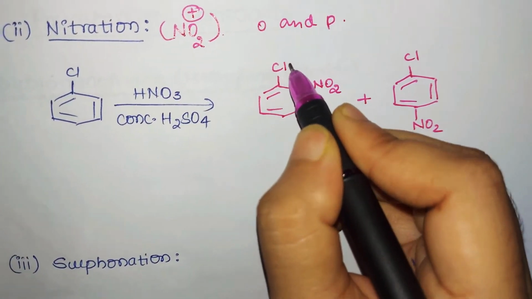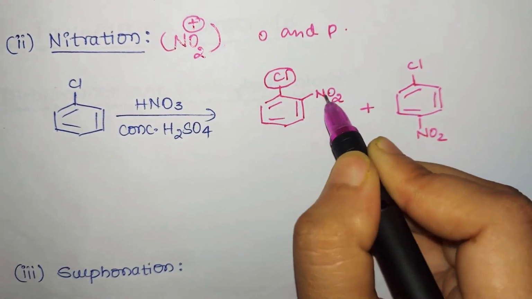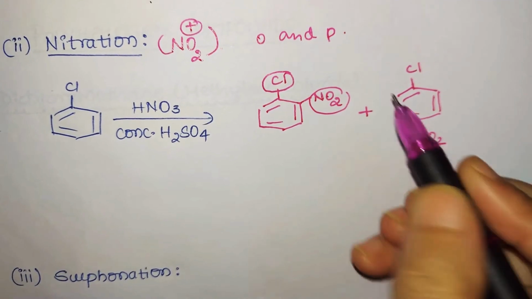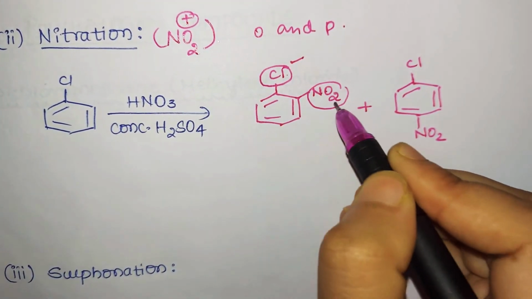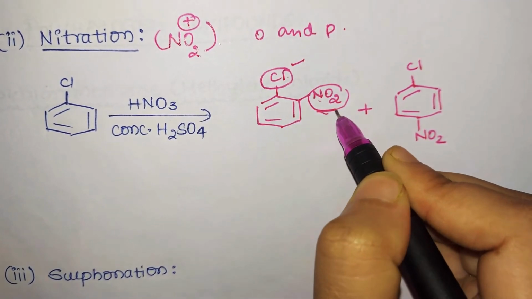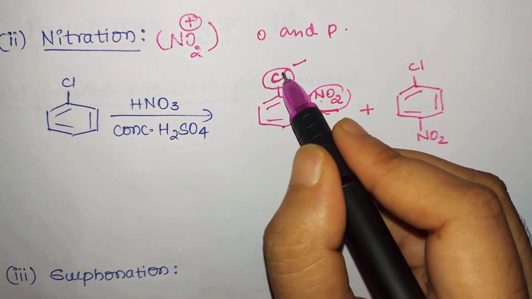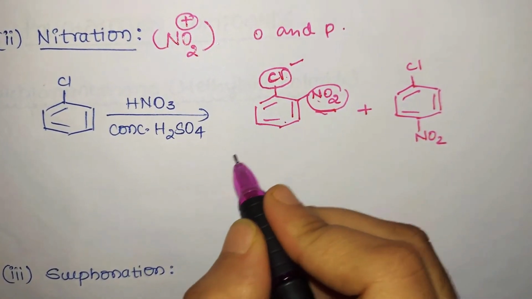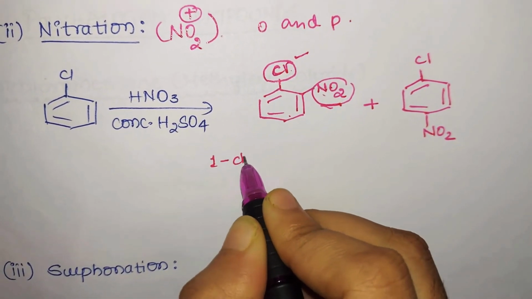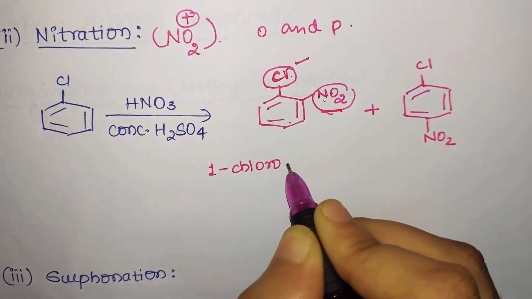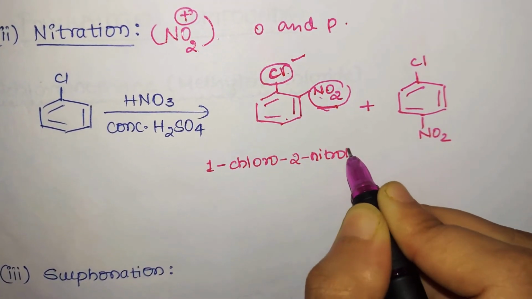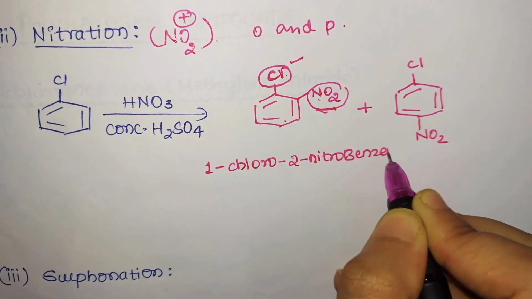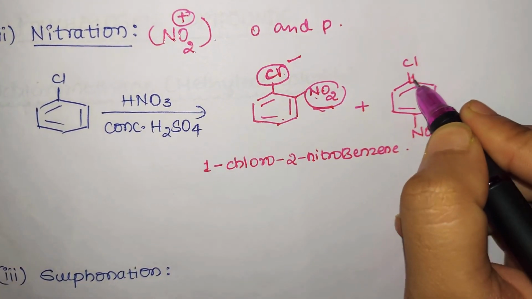So we'll name this compound. Cl and NO2 are both substituents which act as a prefix. So alphabetically which comes first? Cl and then NO2. So we'll number Cl first and then NO2. What is the number we'll give to Cl? It is 1. So the name of this will be 1-chloro. And on the second position we have the nitro group, so it becomes 2-nitro, and our parent chain is benzene. So the name of this compound is 1-chloro-2-nitrobenzene.